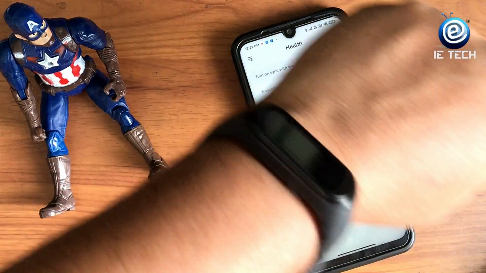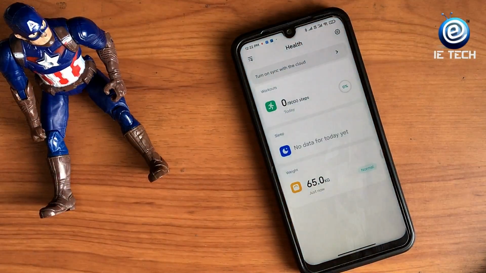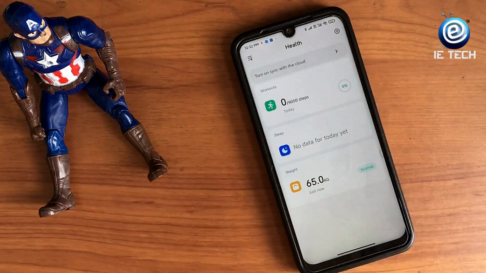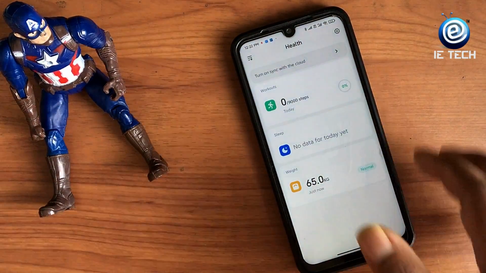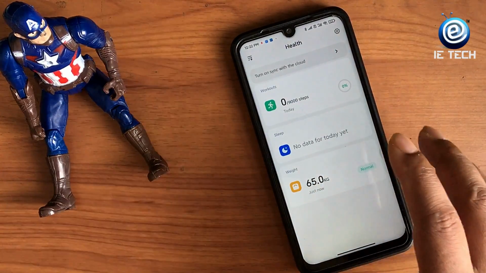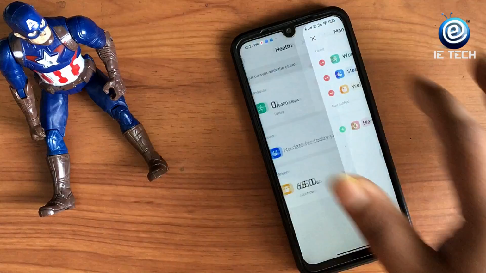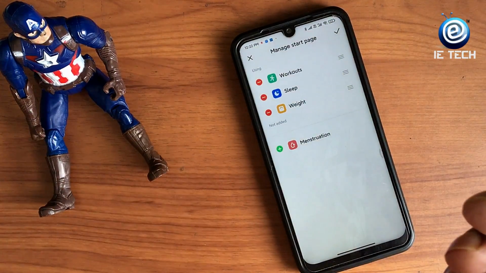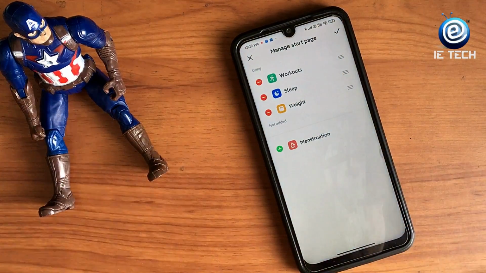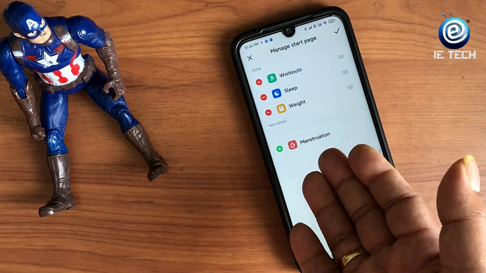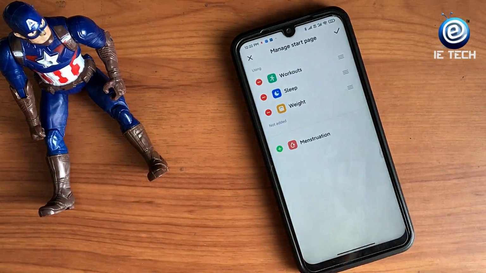I wear this Xiaomi band, so if you have a Xiaomi band, it will actually get the details from there as well. So this health section is too cool, and it is generally for each and every one. It's for the girls also, so girls will also have the menstruation cycle and all those.